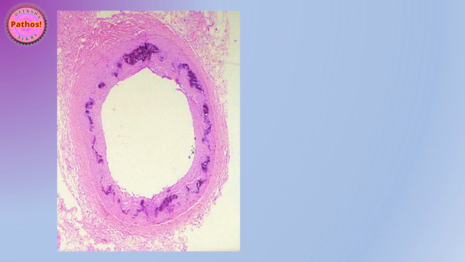Now look at this histodiagram. You can see this is a vessel, this is the lumen, and this would be the endothelial layer, and you can make out the rest of the wall, especially the media. And I hope all of you can make out that within the media, although the lumens are not compromised at all, there is a lot of bluish deposition, right? So this is extracellular, this is not within the cells. We're looking at a very low power view, and this kind of deposition is very classical in calcium, and this is called Monckeberg medial calcific sclerosis, right?